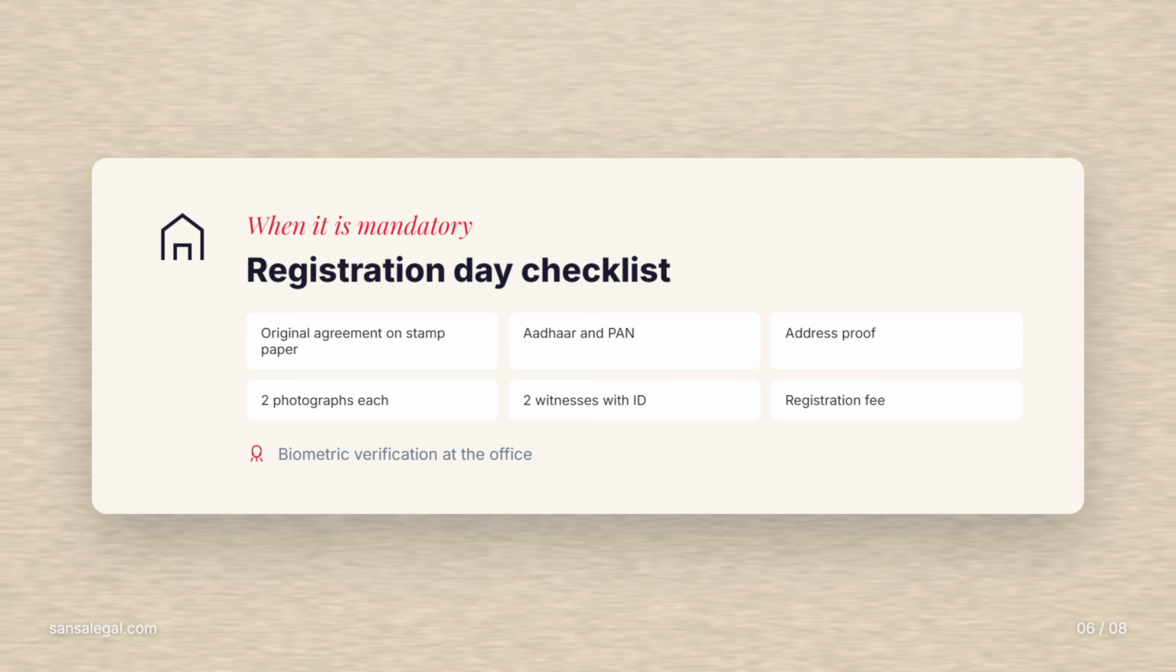Both landlord and tenant, or authorized representatives holding a power of attorney, must appear with the original agreement on stamp paper, identity proof such as Aadhaar and PAN, address proof, 2 passport-sized photographs each, 2 witnesses with their identity proofs, and the registration fee. Biometric verification happens at the office, and the registered deed is typically returned within 1 to